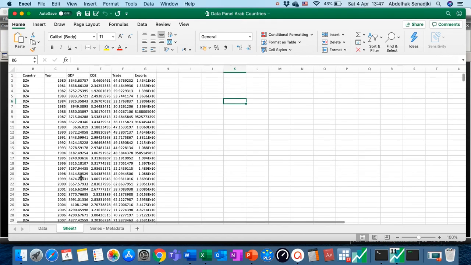The variables are GDP per capita, CO2 emission in metric tons per capita, trade as a percentage of GDP, and exports in current USD. So I want to see now in the model how export, trade, and CO2 emission affect the GDP in these 15 countries. So I go to EViews,